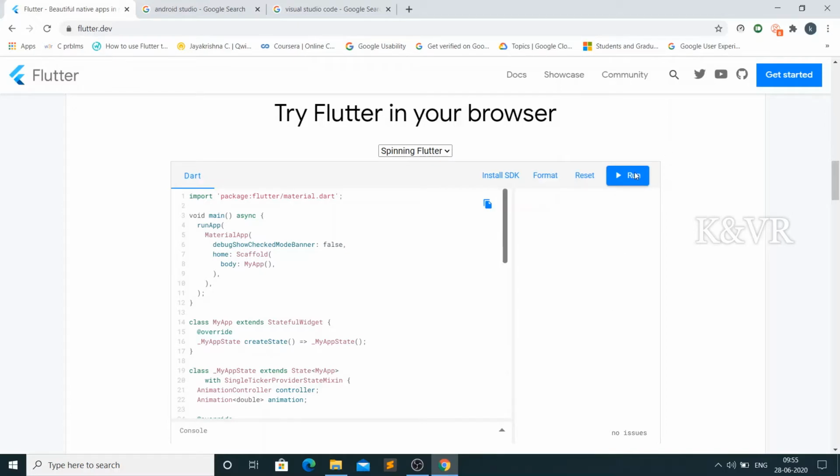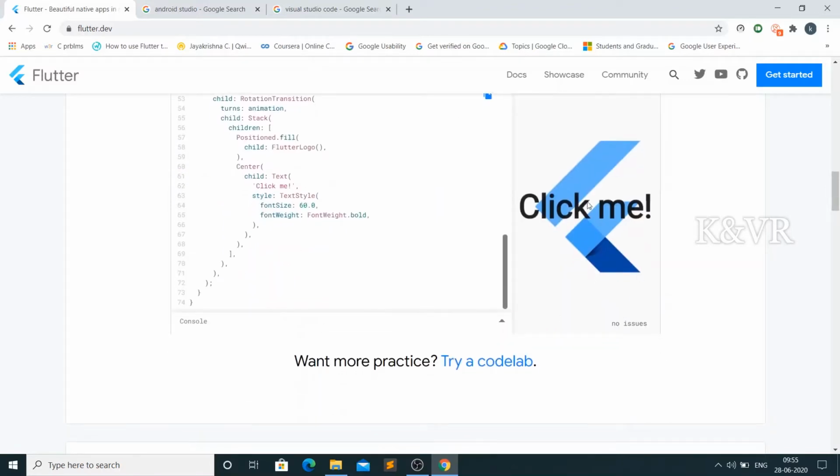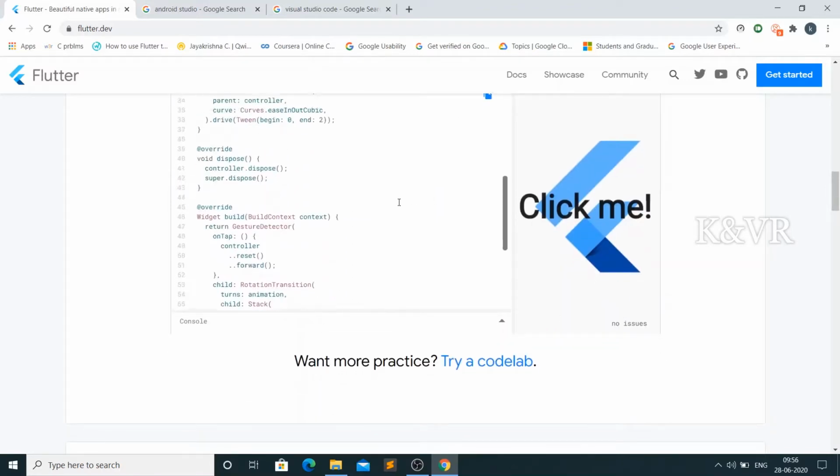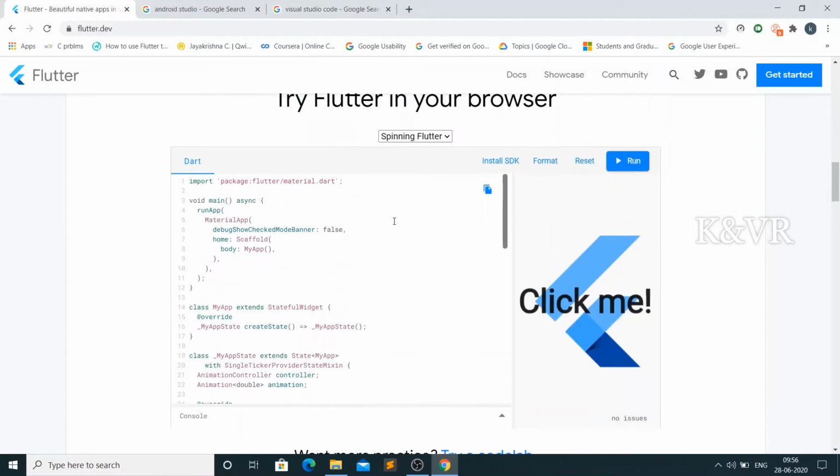No issues. Just run. Here is the output. Just click me. It will spin. This is the code and this is the output. Let's see in further videos how to write this code.